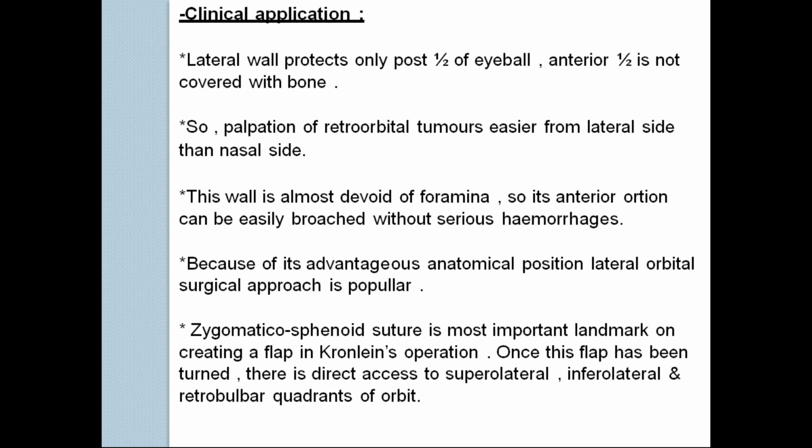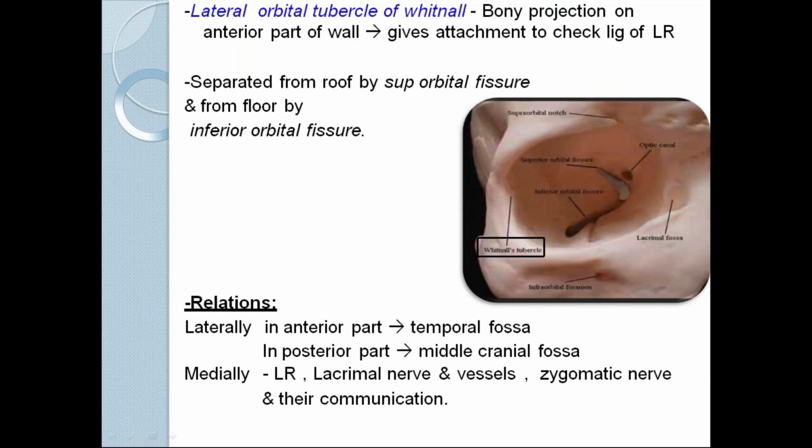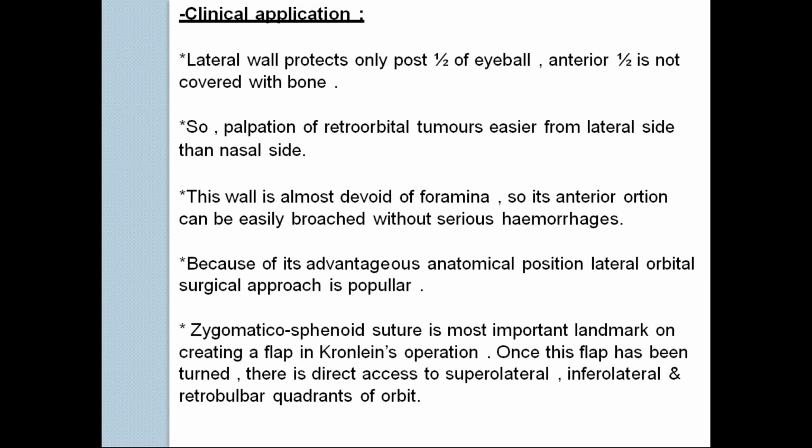So if you want to remove the tumor surgically, you have to dissect this lateral wall. As I showed you in that picture, this is your zygomatico-sphenoid suture. So you cut the bone from here till here and enter behind the eyeball and remove the tumor. It is like a Pandora's box. Once you enter, you don't know what you will be hitting, but still that is the most favored surgical approach for